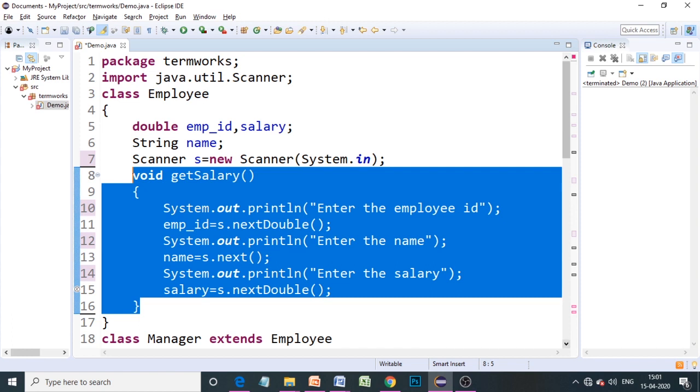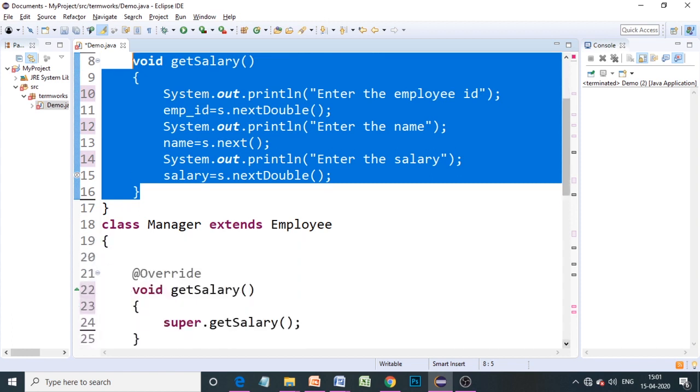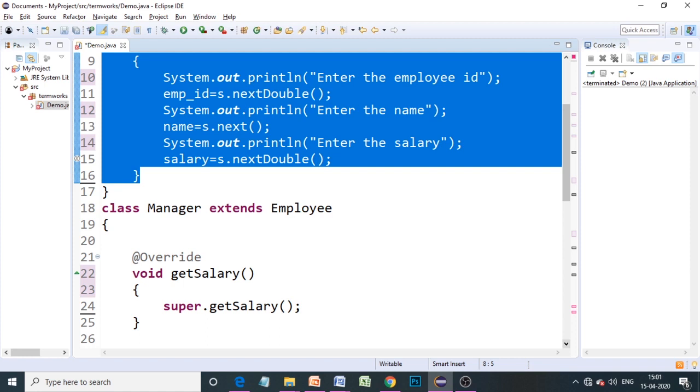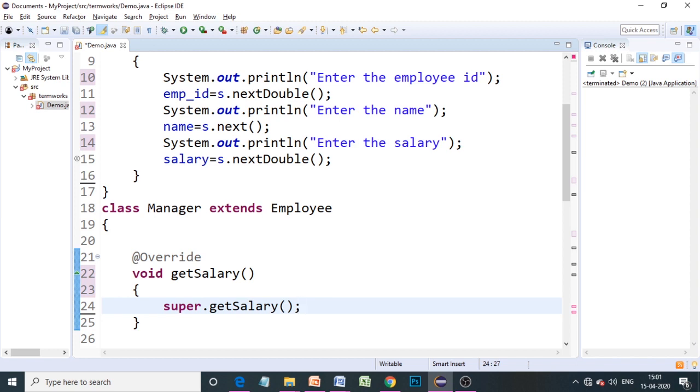Now coming to this manager class, as per the problem statement, we have to override this getSalary method. We need to assign some bonus, and that should be added to the salary as per the assumption. So here I will consider the bonus as some specific amount. If you wish, you can do some calculations, for example, 10% of basic salary is the bonus, something like that. You can calculate and add it to the salary. So here I will put the bonus amount as bonus equals to, let's say, 2000.